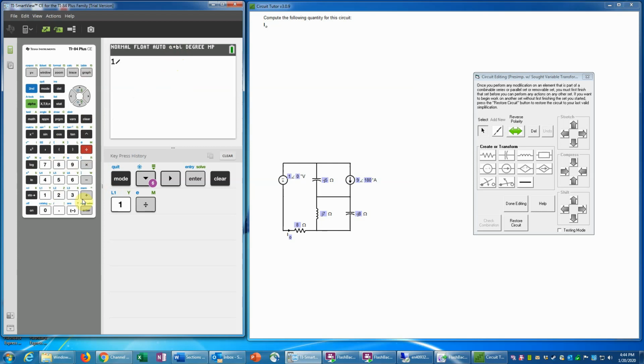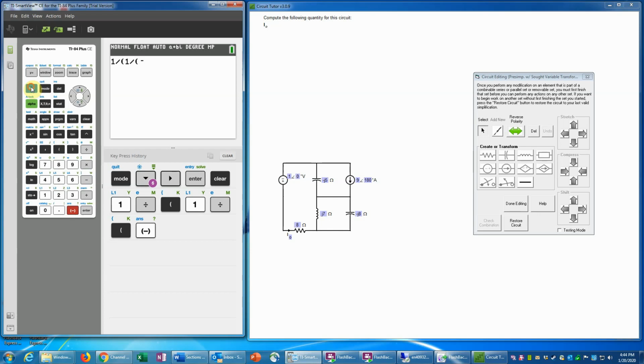Do be aware, however, that in some models, if you like to use the numerator and denominator templates, those do not always work with complex numbers. It depends on which particular model you have. So I'm just going to do it the old-fashioned way with the division sign. So 1 divided by, now I'll put parentheses around the entire denominator. First I need to take the reciprocal, 1 divided by the first value that I'm combining, which is